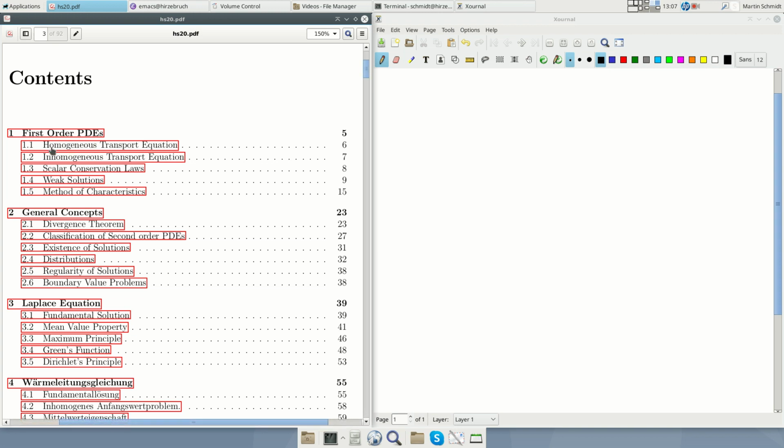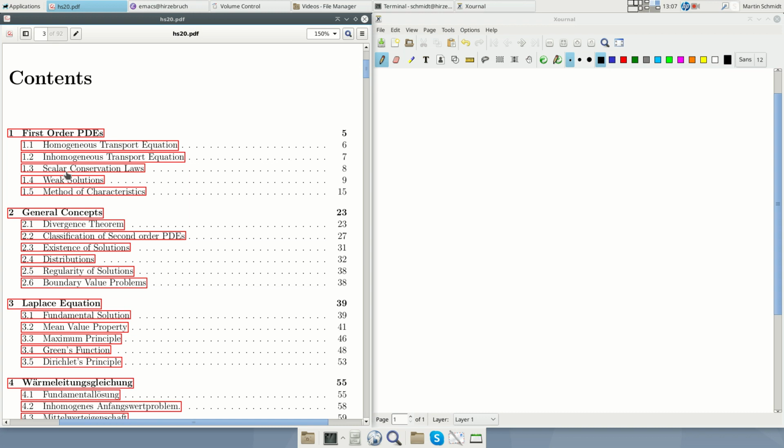So we start as a warm-up with the simplest PDE, namely the homogeneous transport equation. Later we will need this. Okay, so the homogeneous and the inhomogeneous transport equation. These are our first examples. Then we obtain another example of